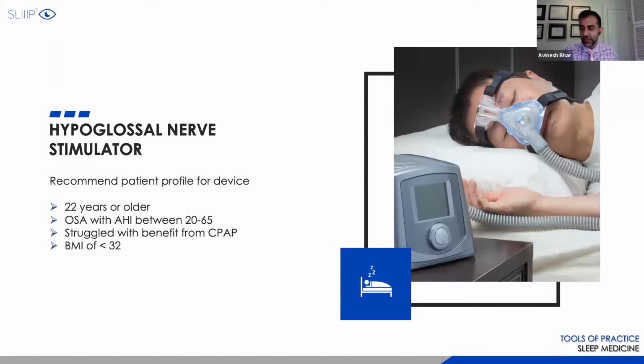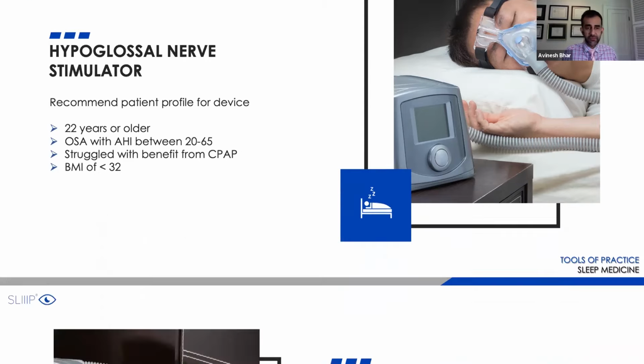The recommendations should alert you to the fact that it cannot be or should not be for every patient. Look at the BMI. The BMI here is going to be less than 32 because as you increase your weight, your chances of lateral collapse increases as well. And that will fail this device. So even though you've had this place, and can you imagine someone with an AICD here and this device here, it scares me that patients have all these devices and one of them, if it's not working because the patient's gained weight, is going to be a concern. So definitely you have to pick the right patient, and the surgeon has to be working well with the patient to kind of give them an idea of what may happen in the future.